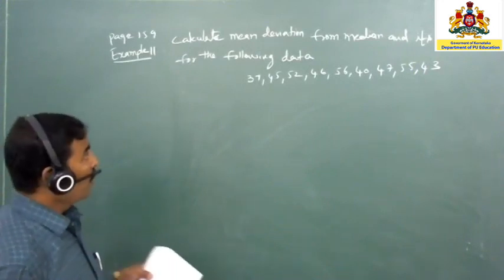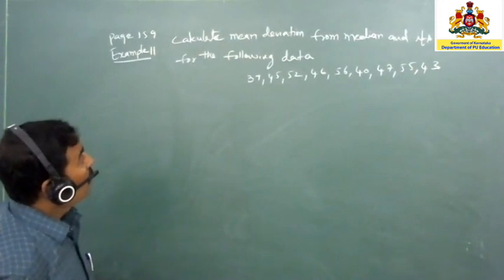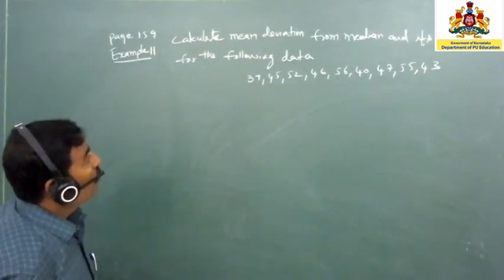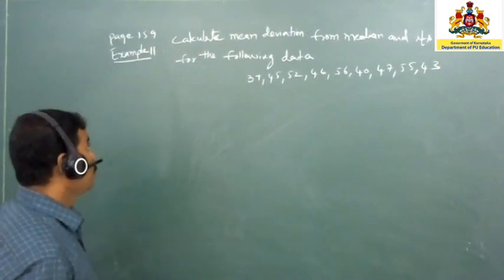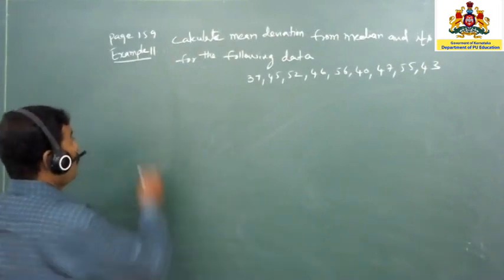So it is the given data. Totally 10 observations are there, 1, 2, 3, 4, 5, 6, 7, 8, 9, 10. So here, solution,